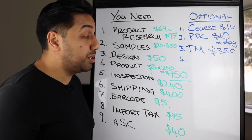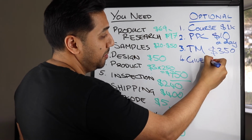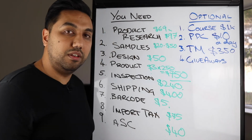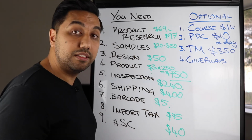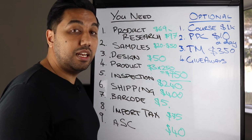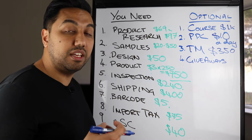Now, the fourth optional thing is giveaways. There are a lot of people and a lot of talk about whether you should do giveaways or not. Well, let me do the calculation for you and let me show you whether it's actually worth doing giveaways or not. So let's say, for example, your product is selling for $30, Amazon takes around $10, and your profit is